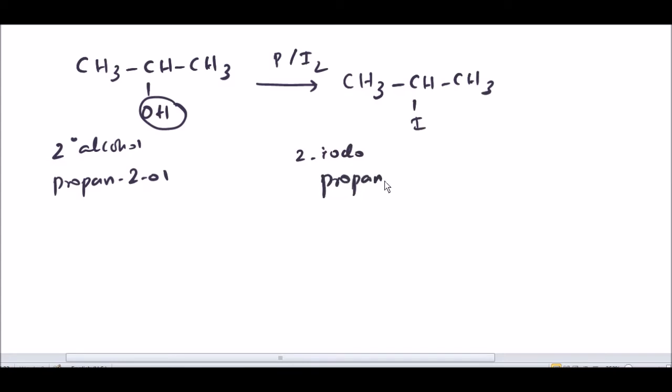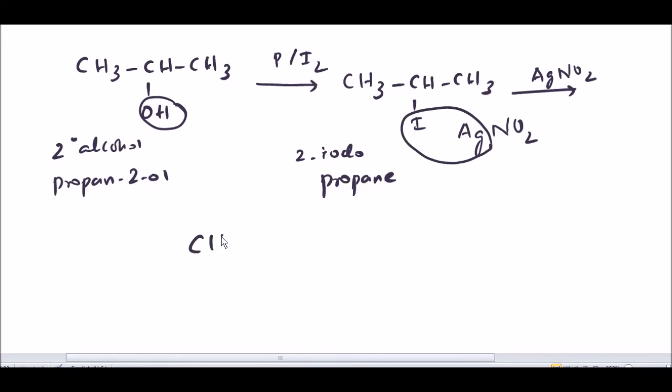Secondary type compound is formed, 2-iodopropane. After getting this, it is to be treated with silver nitrite, AgNO2. We have studied that on treating with silver nitrite, Ag can combine with iodine to form AgI. So the expected nitro compound will be